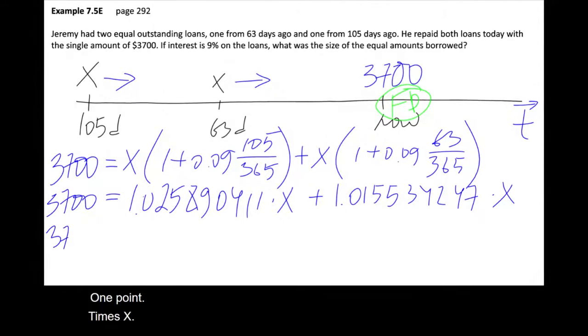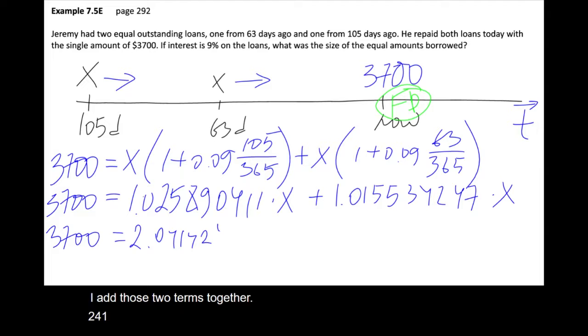Okay, it's 3,700. Now I add those two terms together. 2.04142465 times x. From here, x is